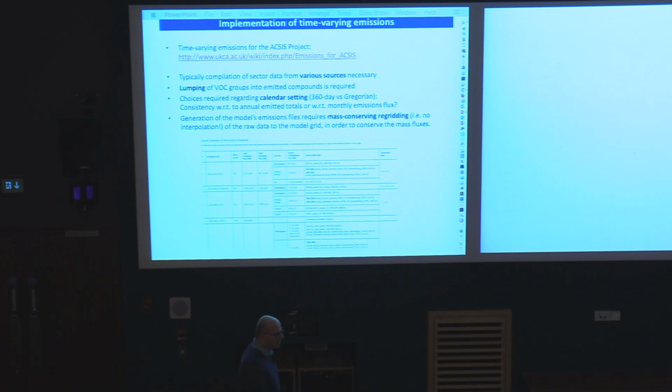This is a mix of both IDL and Python software. With hindsight, of course, it would have been better to improve this, and I'm not recommending that you use this, but if you wish, you can look at this and use it if you think it's good for you, and modify it and work on this. You can use this as a template if you wish to change your own emissions. For the part of the tutorials, you will be given code that does this, so you don't need to code regridding and emission interpolation yourself.